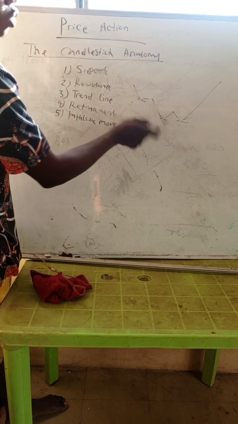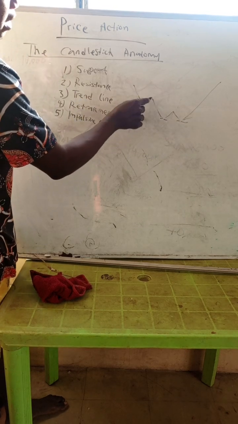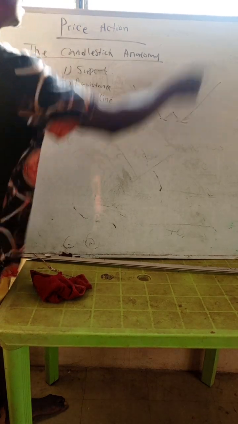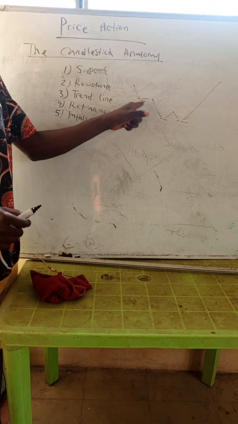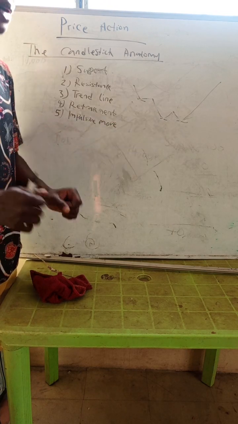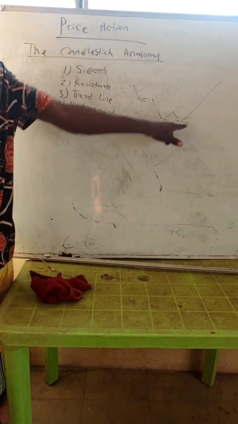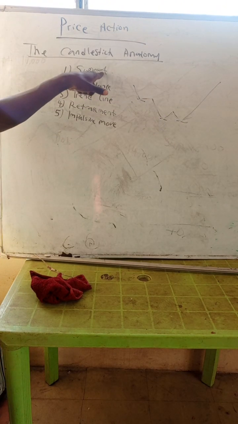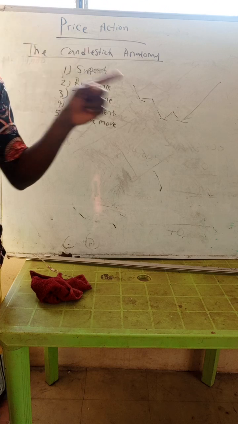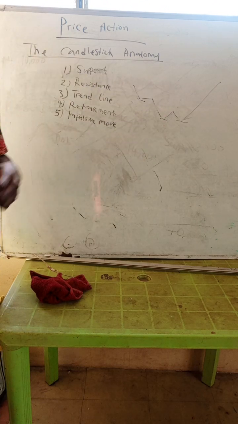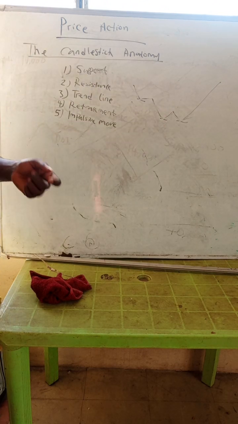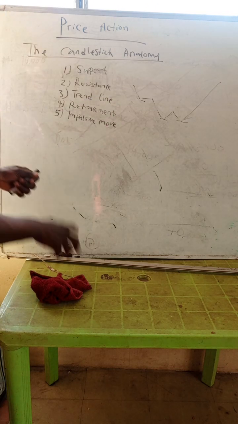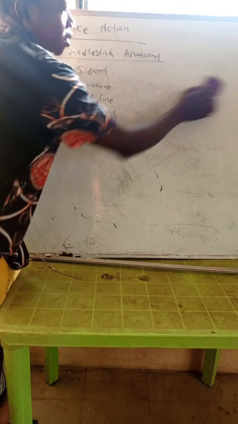So all these points are where the price was rejecting. When it tested there, it rejected it and then came down again to test here and then rejected here and then came down here to test here and then rejected it. All those points are called support. That's the point in the market where the price touched before going up. It's called support. So there are three supports here. So you have known this term as support. In your chart, you can even identify more supports. Look at your chart and look for more supports, and then you can have a better glance of it. Now the next one we're going to look at is resistance.